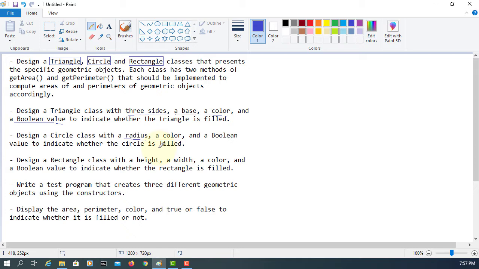So let me underline this. The other one as well. So rectangle we have height, width, and color, and then field. And then we can write the program. Then using constructor display everything. Okay. So next step is we need to identify whether we can use inheritance so that we can reuse